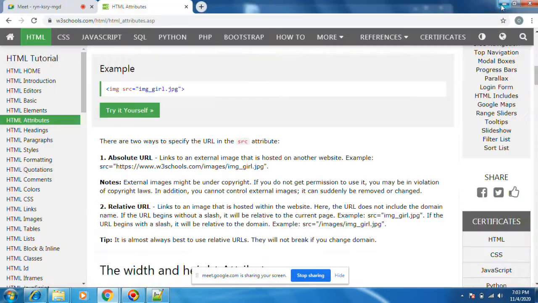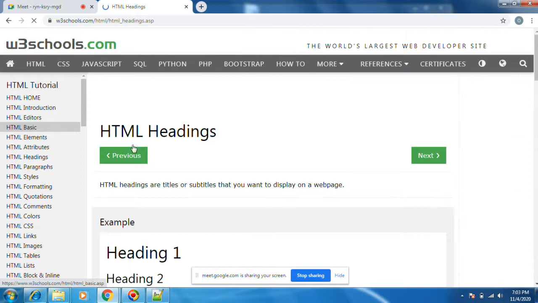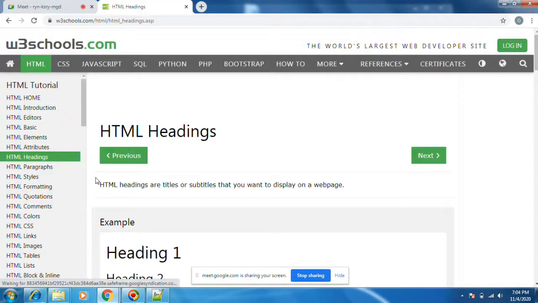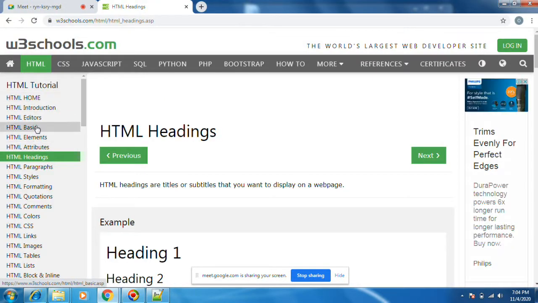Now the actual HTML learning will start, with HTML headings, paragraphs, styles, formats, quotations, and all kinds of things. Color, font color equals to something, whatever it may be. Until this, all are basic: what is a tag, what is HTML, all kinds of things.